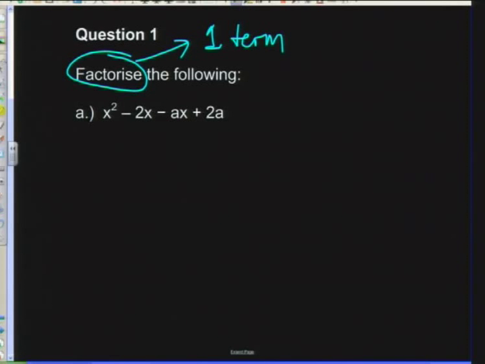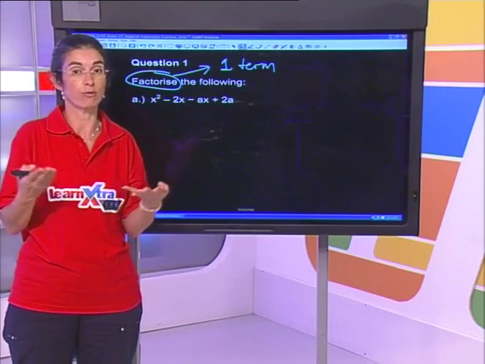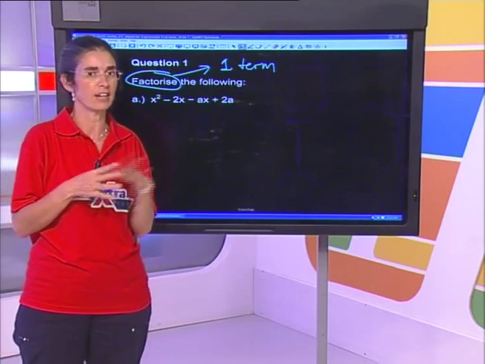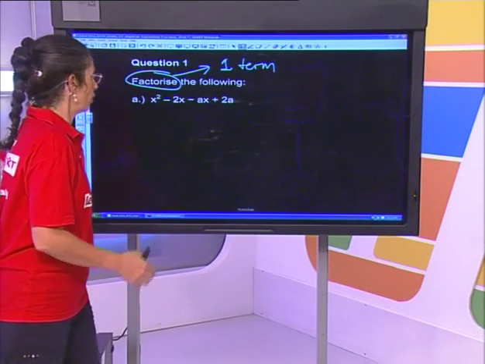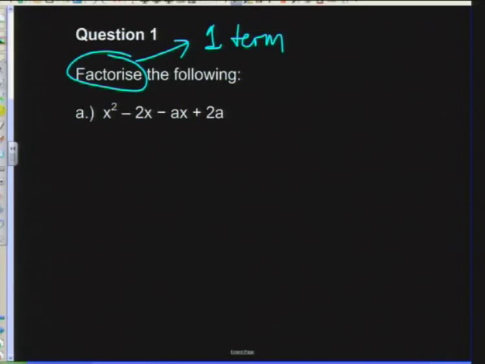And before we jump in, it's not a trinomial, it's not the difference of squares because I've got 4 terms. And there are no cubes there, so it has to be a common factor. If we look at it carefully, out of the 4, we notice that this x squared and this term here, they both have an x in them. And we also notice that this one and that one have an a in them. So we're going to factorize by grouping, by taking out the x, and we are left with,